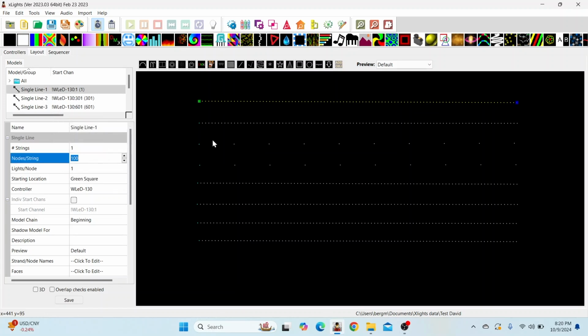I have 100 lights connected to it. The starting location is the green square, and on the left side there's the green square right here, and on the right there's the blue. So if you're starting the first light from the directly connected output of the controller, and it's on the right side, you would change that to the blue square. You select your controller. All of the controllers that are in your controller tab are right here, and this one is connected to